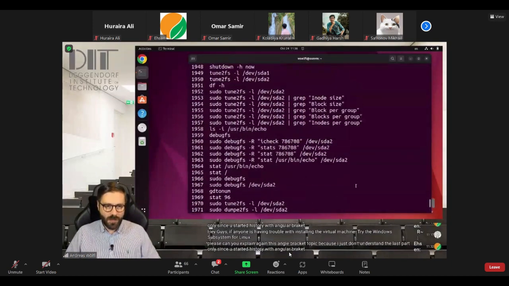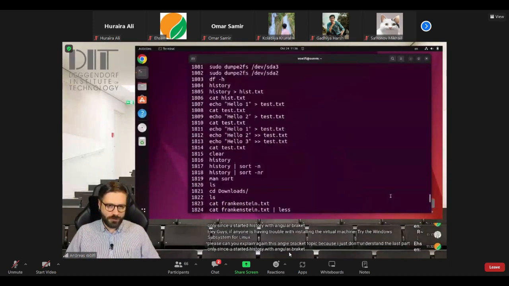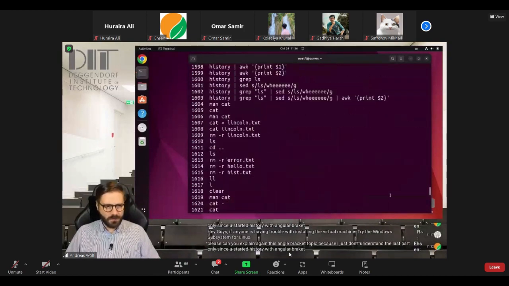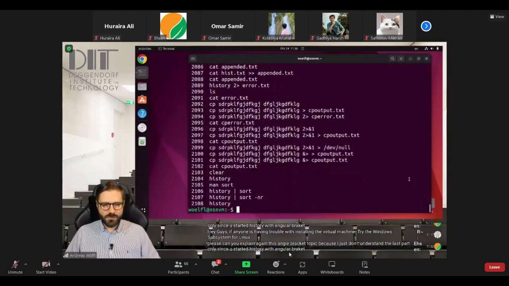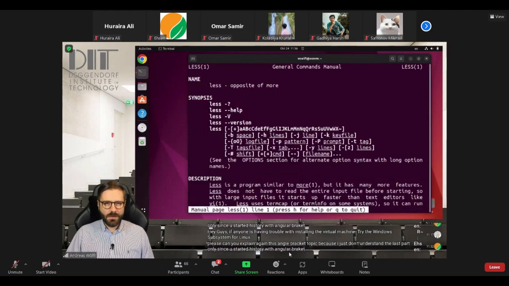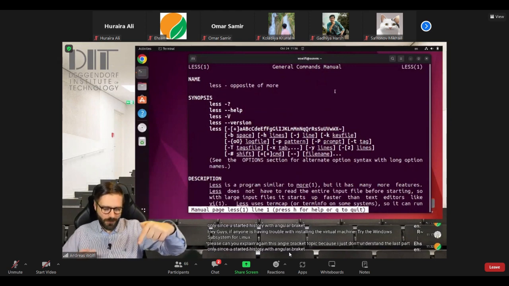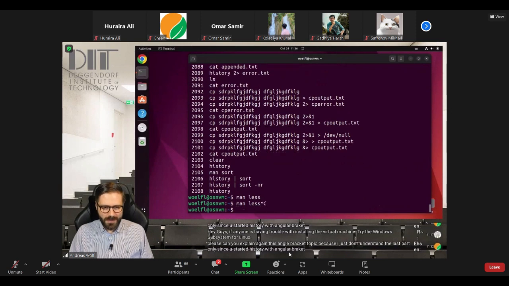I mean, you can scroll up, but you need to scroll a lot in order to get to the top of the output. What you can do is use the less command, which is a terminal pager, and it's the opposite of more. So it depends on whether you go from the top or from the bottom. I will show this to you. So if we pipe the history command into less,